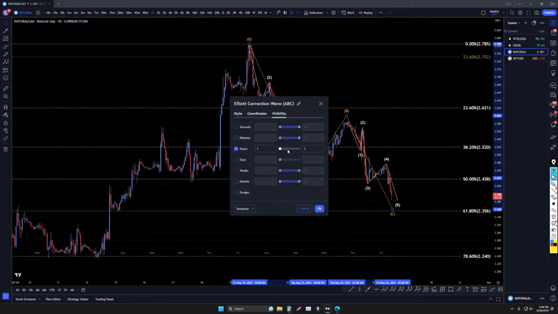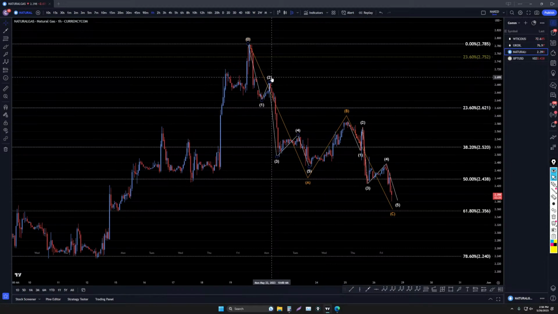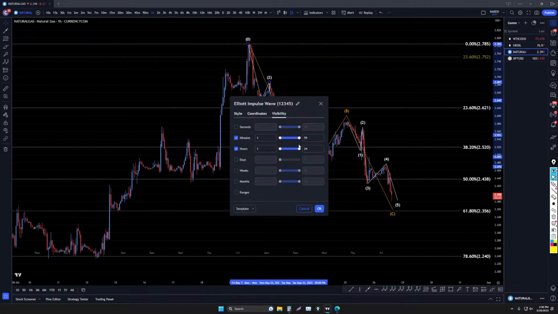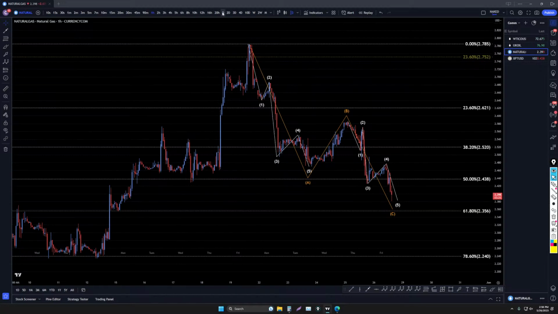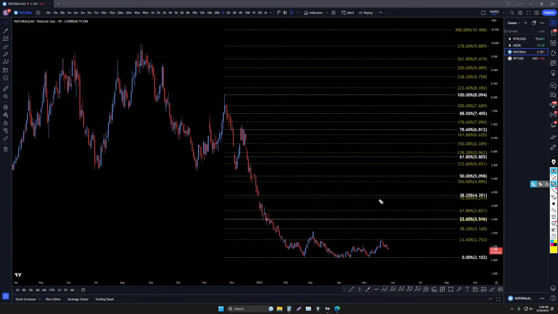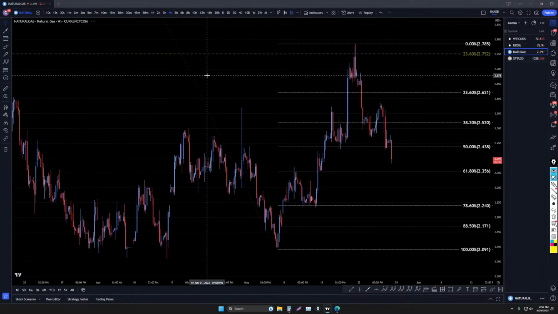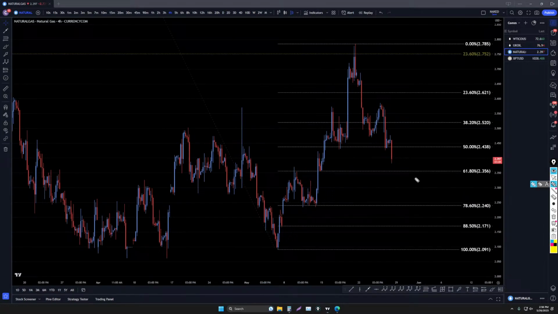So natural gas, I've said it many times, it is a very tricky pair. I do kind of like it because it makes nice looking ABC corrections as long as you continue to go with the flow, but it's kind of tricky on these longer time frames because it keeps looking like it needs to go up to do something like this, and then do that to make that 3, 4, 5. But it really does not want to give up on that downtrend. It kind of sucks, but it's true though, I guess. And now that it's stretching out, it almost doesn't even look like an ABC anymore, does it? It almost looks like it's trending down again.